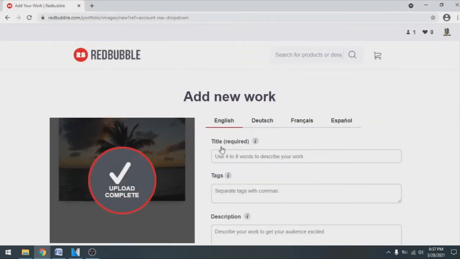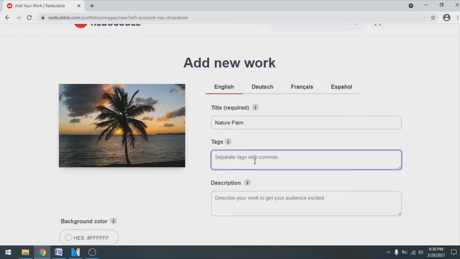On the title, you can write your title of your design. Use some words to describe your work. In the tags, you can add some tags for your design. If you don't know which tags you can use, search on Google keywords and you can research the best tag